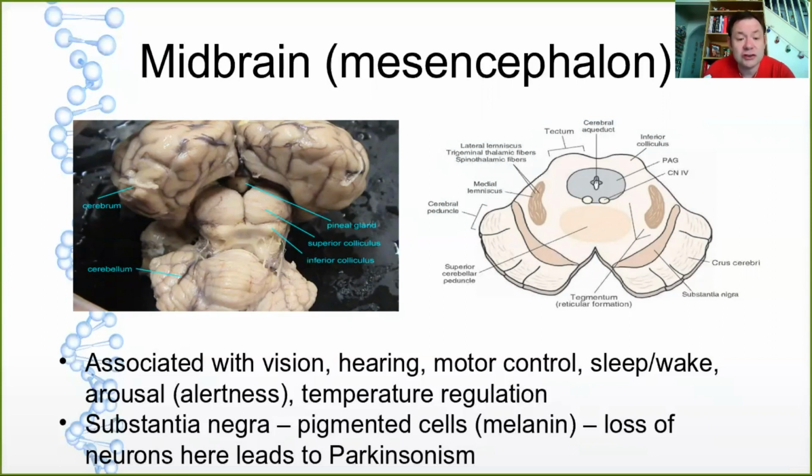Okay, so the midbrain, associated with vision, hearing, motor control, sleep-wake, arousal, alertness, temperature regulation, contains structures such as the substantia nigra, which are basically pigmented cells. The substantia nigra are a bunch of cells in the brain that produce a neurotransmitter called dopamine. Now, if you suffer from Parkinson's disease, what's happened is the cells of the substantia nigra in the midbrain have started to die and degenerate with age. And as they die, they stop producing quite so much dopamine. And without dopamine, you